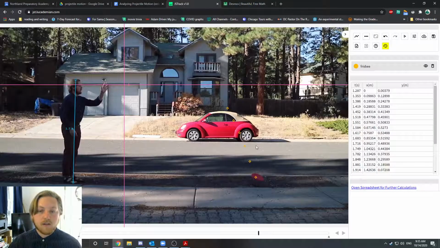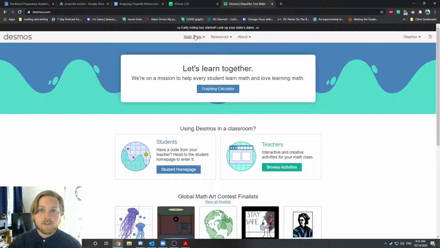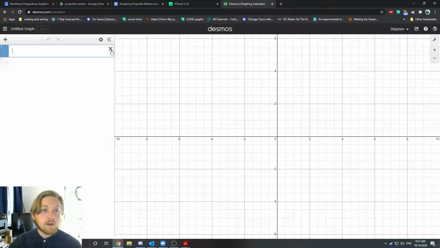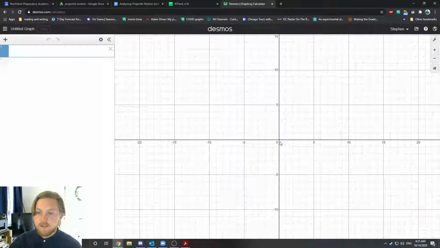Beautiful. And then it tells us that we should open a new tab, and at the top of the page, we're going to go to Graphing Calculator. So there's Math Tools, Graphing Calculator is where we want to go. All right, so this is what it looks like. I can zoom in and out. There's a bunch of